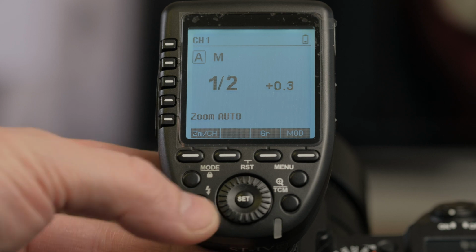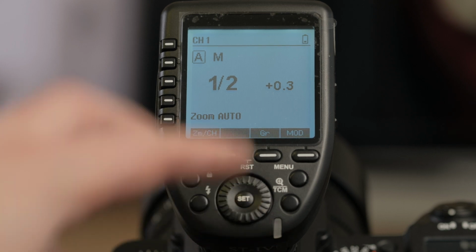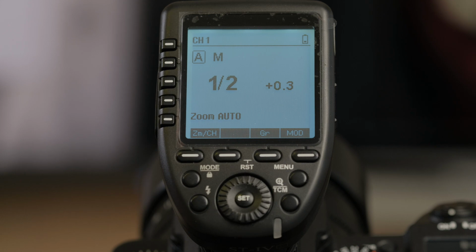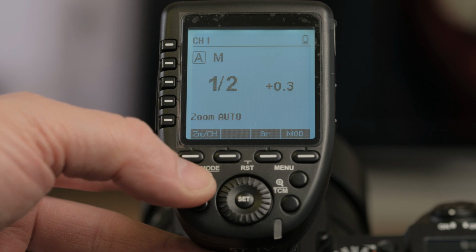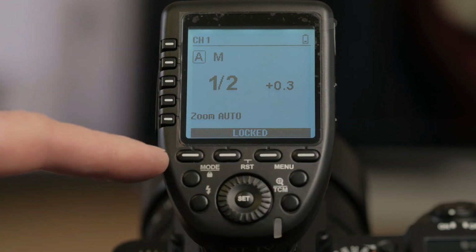Really, really simple. Your test button is there. Whoops, the light is still plugged in. Really good. You've got a reset button there, and if you're shooting and you've got your lighting set up and you don't want to accidentally knock any of these settings or any of your lights, if you just hold down your mode button for 2 seconds, it then locks all these buttons out so you can't accidentally change them,